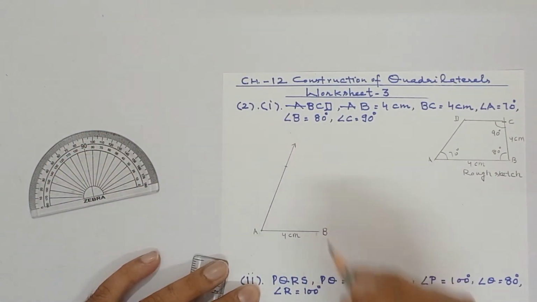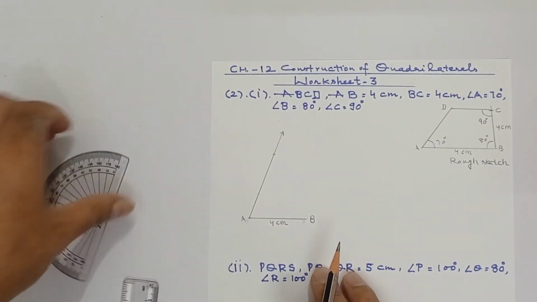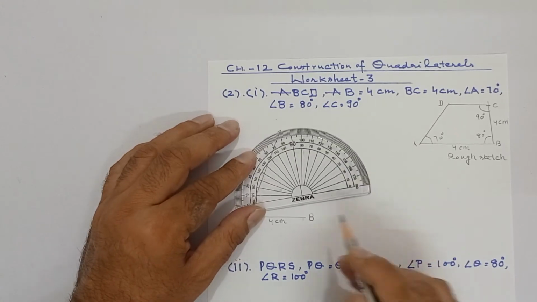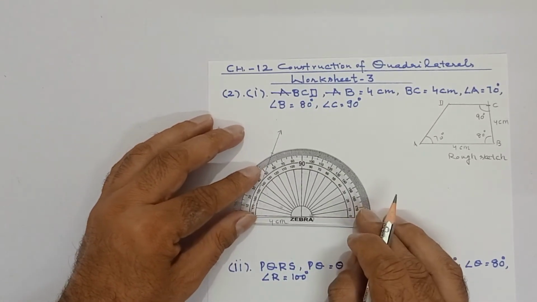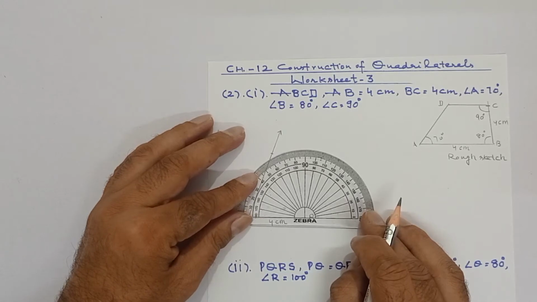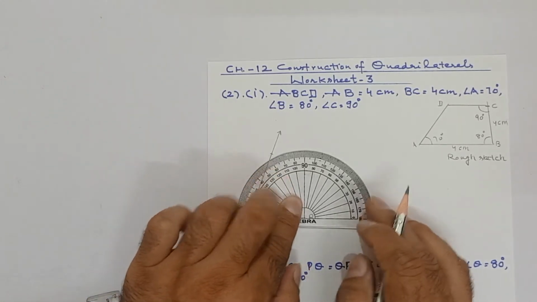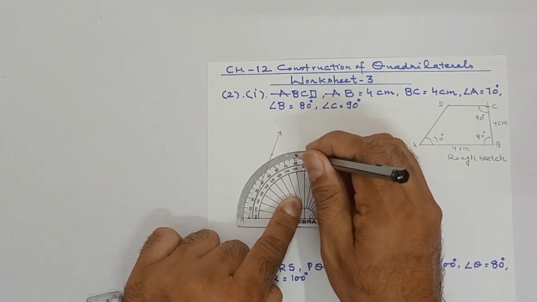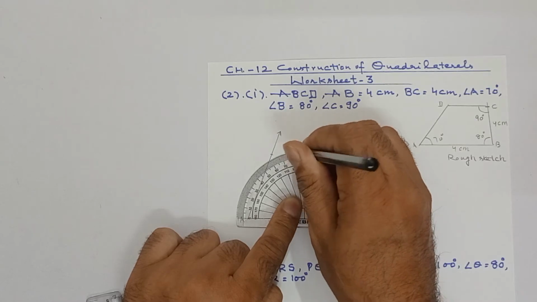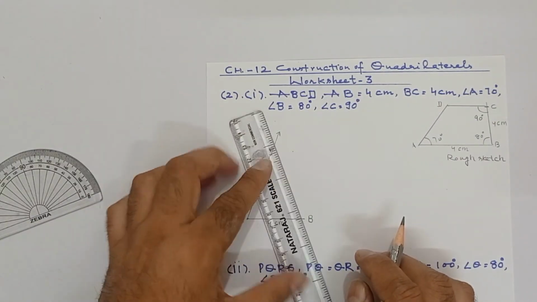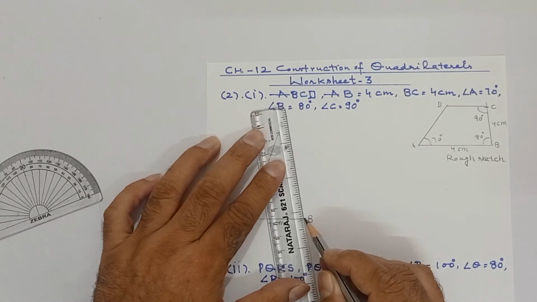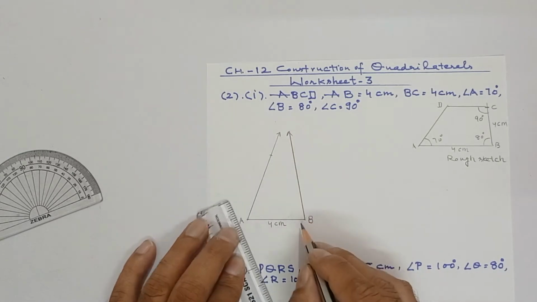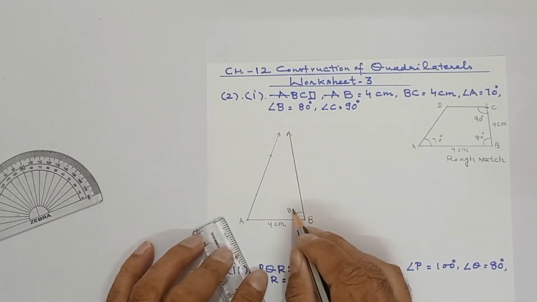This is arrow. On point B, we are to make 80 degree angle. So I have kept the protractor here at point B, this way. After keeping the protractor here, 80 degree will not be taken this side. It will not come outwards. This will be 80 degree this way. So you can extend this way 80 degree. At point B, we have made 80 degree.